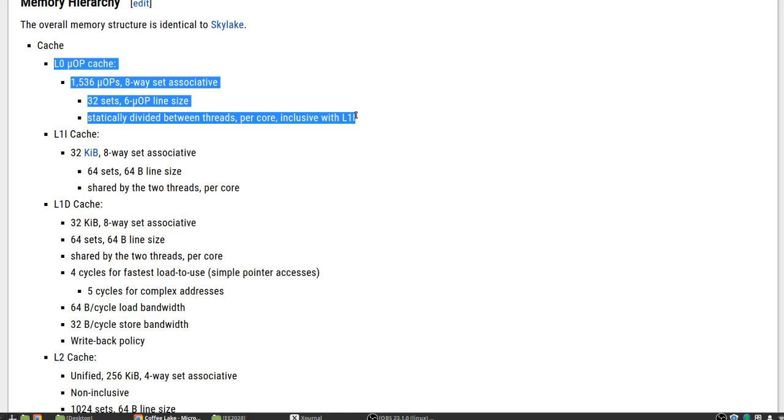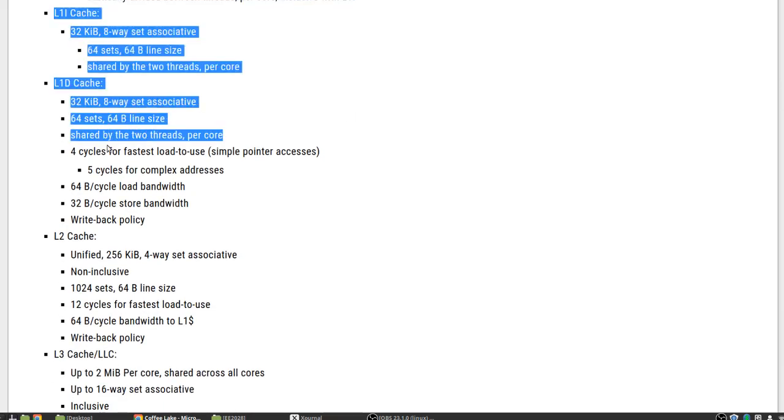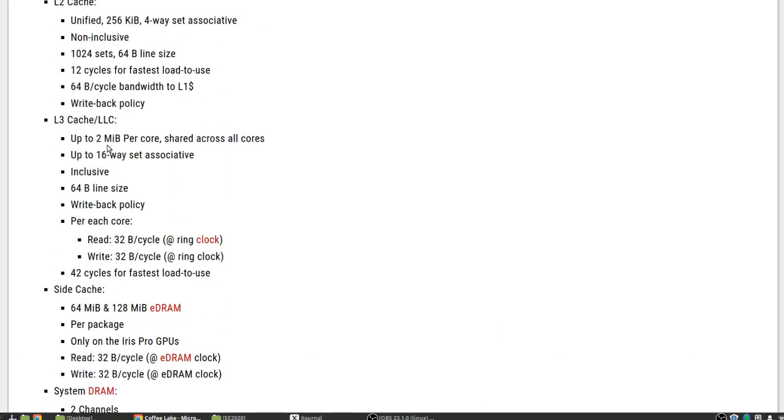So after this decoding is done, the decoded simpler instructions or micro operations are stored in a small cache. Okay, so that if the instruction that is required is already present in the micro op cache, you don't have to do the splitting up or the translation into simpler instructions again, which will allow you to save time as well as power. So that's what we call the micro operation cache, but it's not a cache in the conventional sense of the caches that we have dealt with. So the real cache starts from L1. So it goes all the way from L1 to L3.